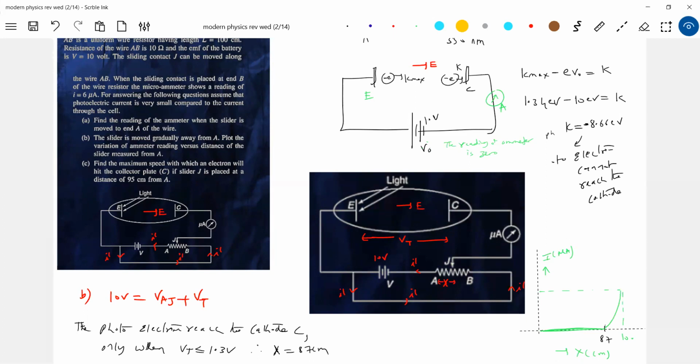So you mean to say how dy by dx is not constant, why a curve? The rate at which they are striking, this X is a... One thing we are very sure of: the number of electrons striking the cathode is not fixed here. Its number will keep on increasing. So therefore I should go for a curve, not a straight line. That much I'm very particular.